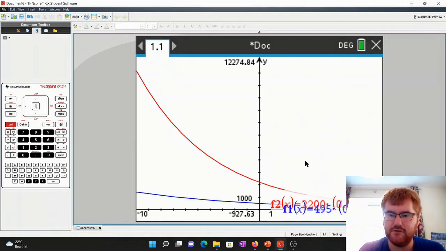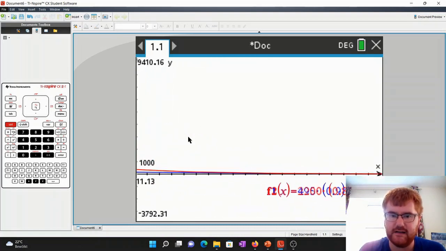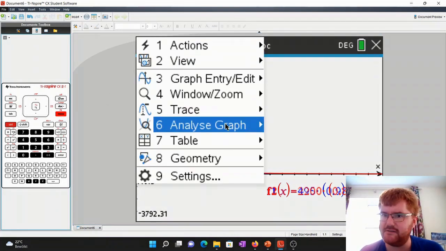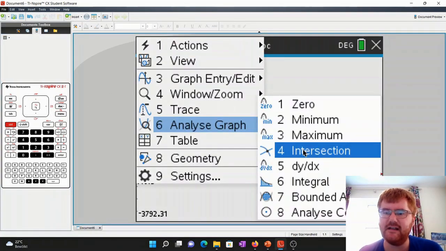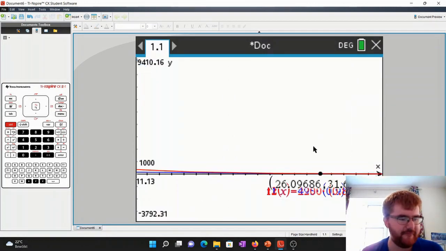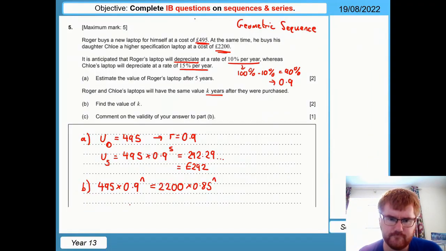Now again, we can use zoom out or we can drag. I am actually going to drag here instead. Might have been better to actually zoom out instead. But the key thing is finding that intersection point. So there we are, I have managed to find it, which is 26.09. So go back to the question. So n is equal to